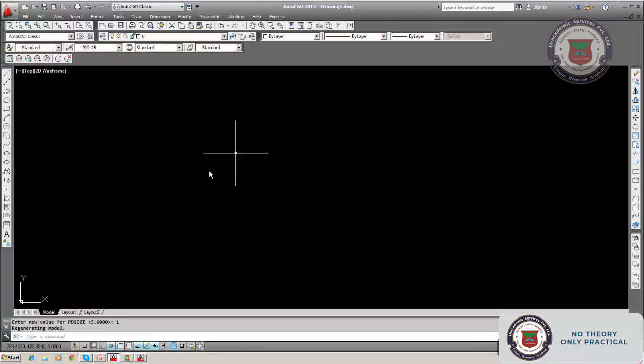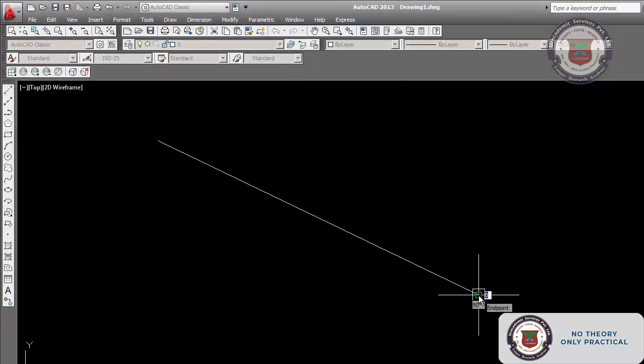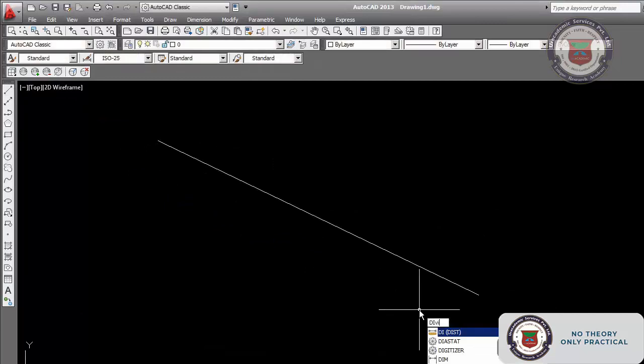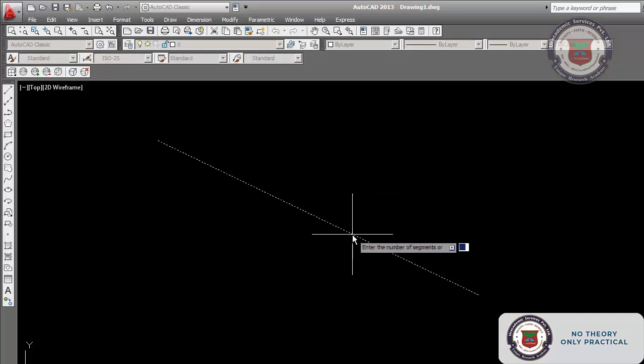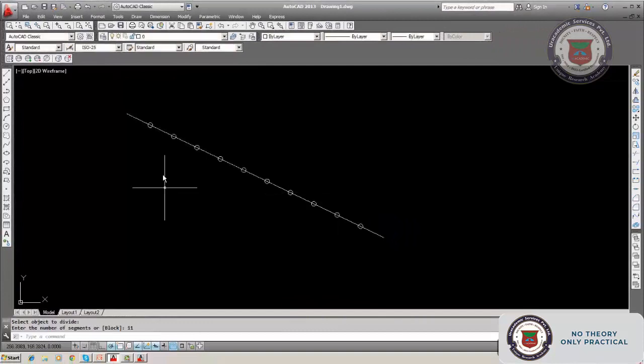So now I will draw a line once again and divide it into 11. See, 11 points: first segment, second segment, third, 4, 5, 6, 7, 8, 9, 10, 11.